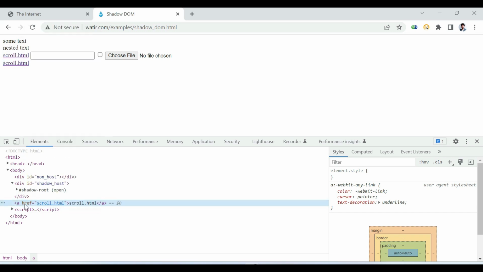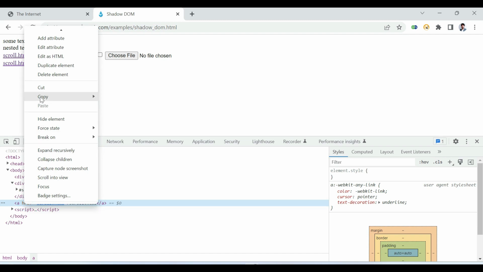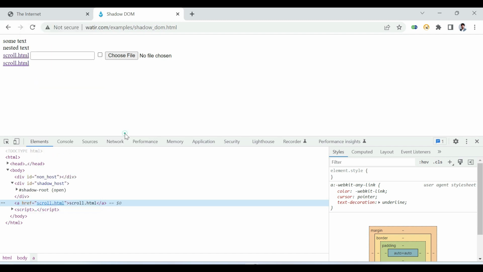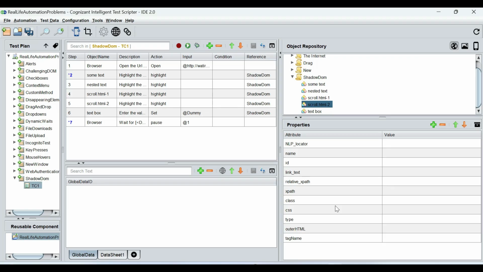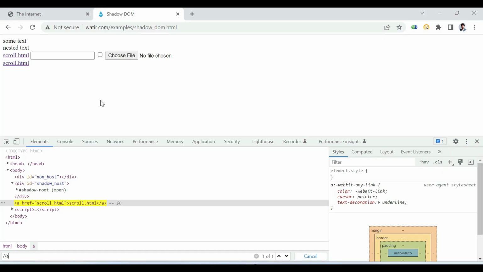So either we copy the JS path also for this kind of an element, that is also fine, or we just simply write an XPath. So I'm going to just simply write an XPath and I'm going to say A, because this is the only anchor in the main HTML body, and that's it. So I'm going to use this XPath for this element